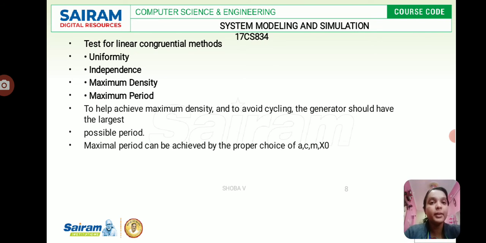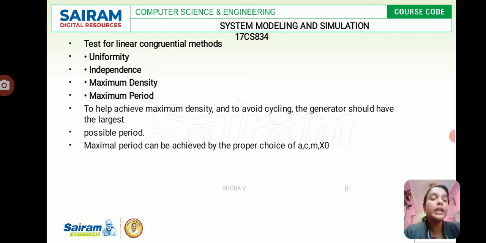The tests are uniformity, independence, maximum density and maximum period. Uniformity and independence we are going to test for random numbers also. When we test for uniformity, non-uniformity has not yet been detected.